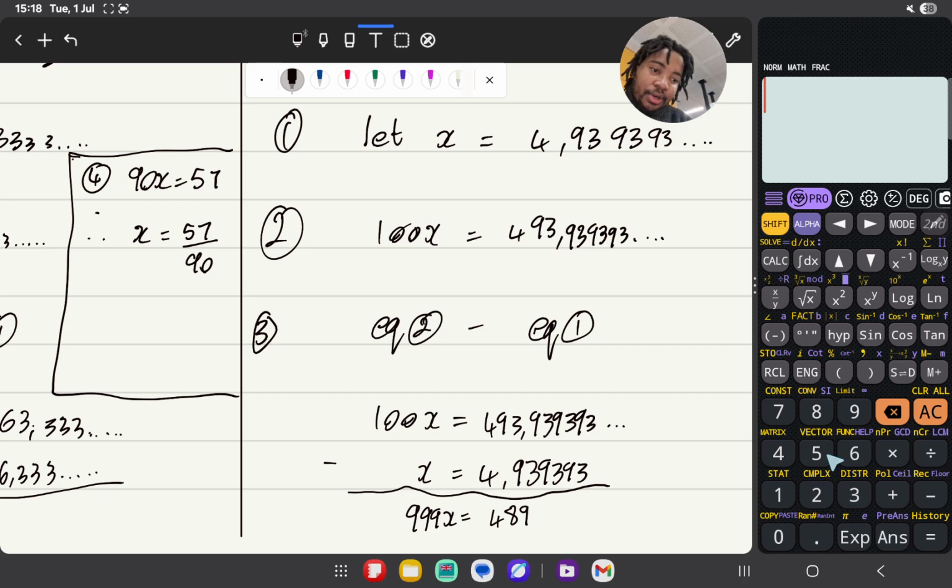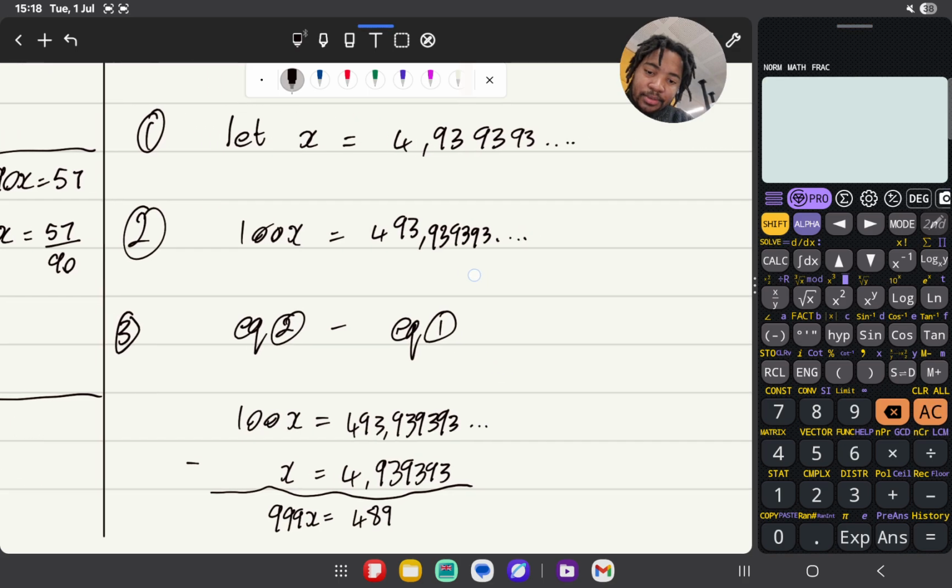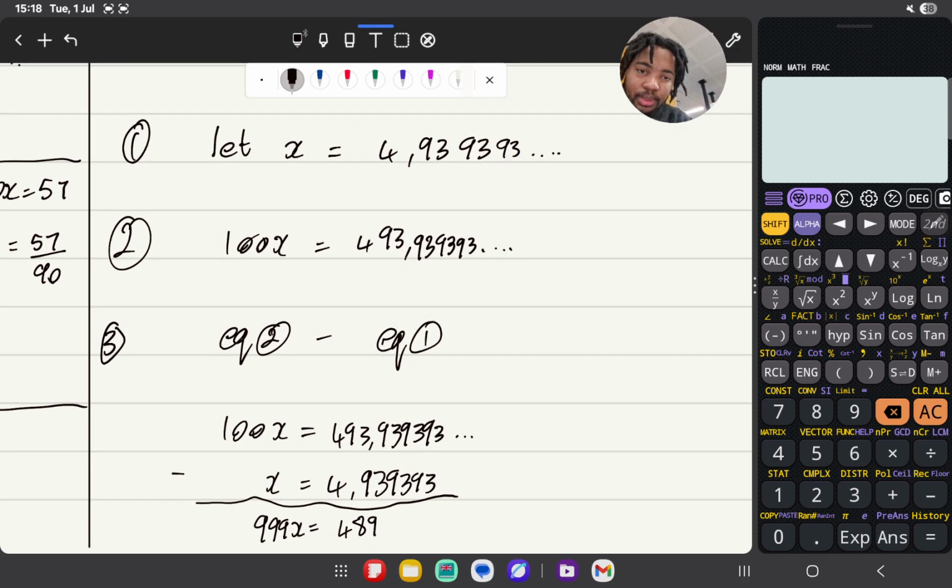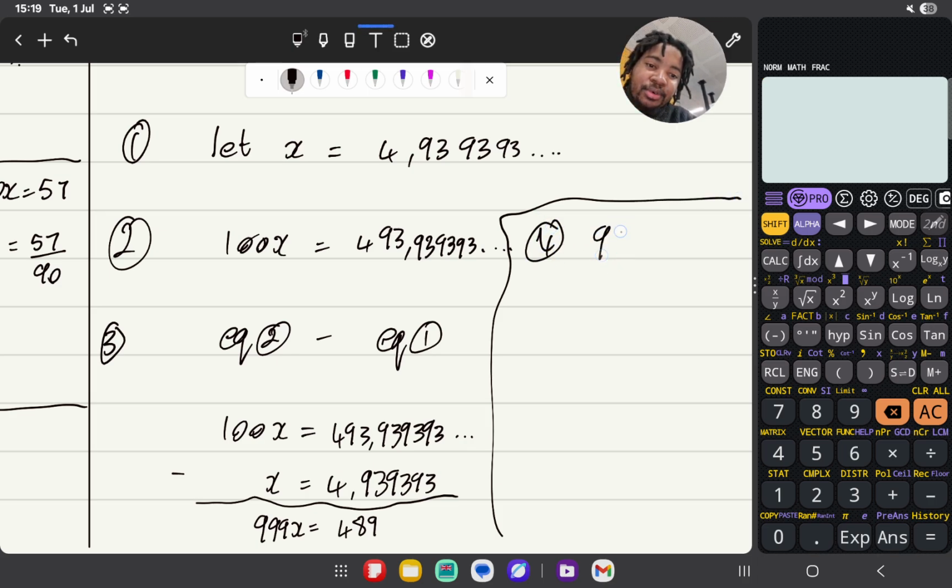Yeah, I think I got that one right. 493 minus 4, that is 489. Cool stuff. I don't have space again, so I'm going to do step number 4 here. For step number 4, we are just simplifying. We are just simplifying to say therefore x is equal to 489 divided by, there's a 9 that I left here,